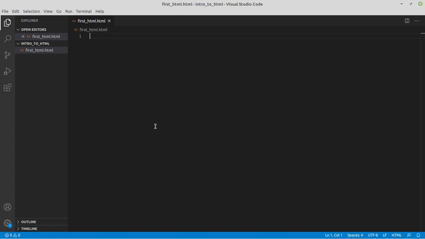So our first line in our HTML document will be the document type declaration. Whenever you use HTML, you use the angular brackets, which are the less than and greater than signs, and in there you give an exclamation mark and then type in capital letters DOCTYPE, and then you type html, okay? So that's the document type declaration, which gives the browser the signal that this is an HTML document. Even though we have given a .html extension, giving this doctype declaration is a good practice.